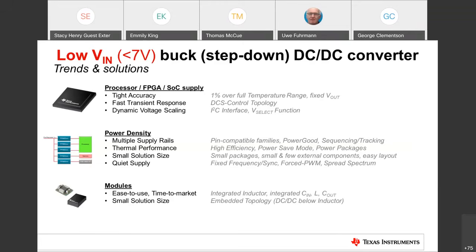So this, of course, requires then that the buck converter, as an example, needs to also have a higher accuracy. And that's, for example, one of the reasons why most of our newly released products here from Texas Instruments are specified at the 1% accuracy over the full temperature range.